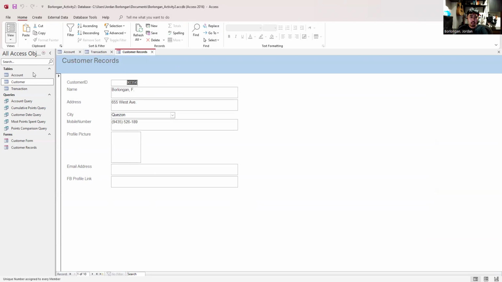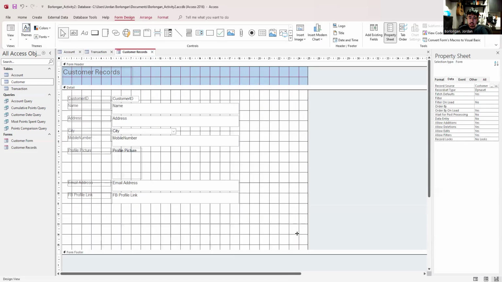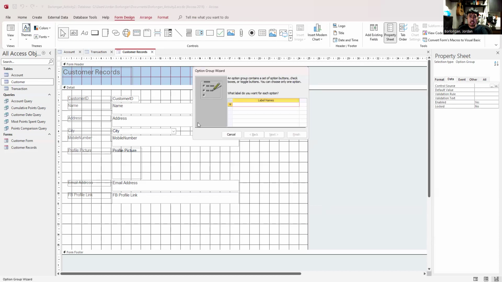Now, in the design view, I will expand it and add additional options which will serve as the preferences. So I'll just select this option group and then create labels for my preferences.